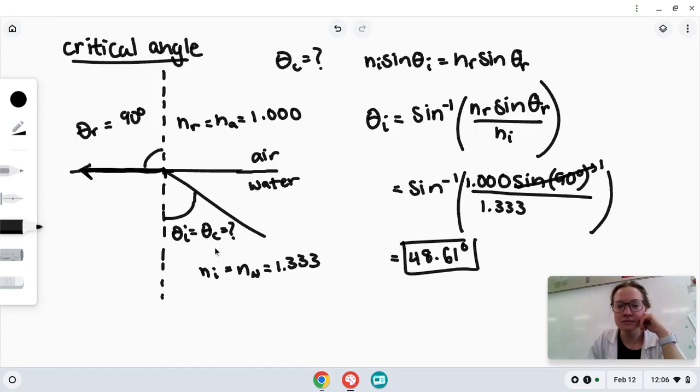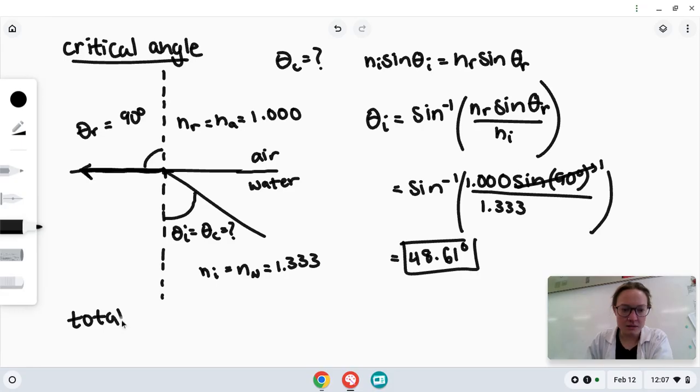And there you go. That's your critical angle for going from water into air. Now, it would be completely different if you were going from glass into air, or from glass into water, or some other material like that. But that is the angle that you have to send in light at in order to get it to refract perfectly along the surface. Any angle that you send it in at that's greater than 48.61 degrees will just reflect back into the water, like so. Which leads us to our next concept,